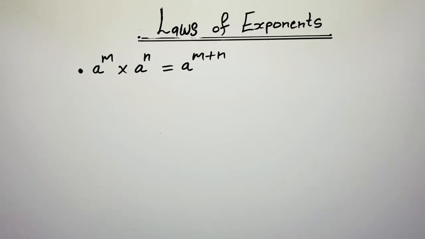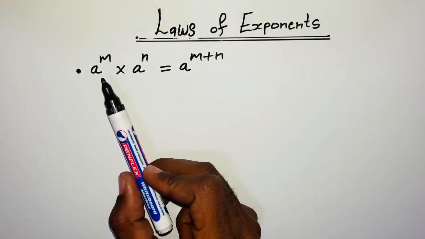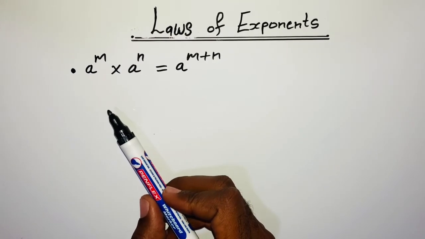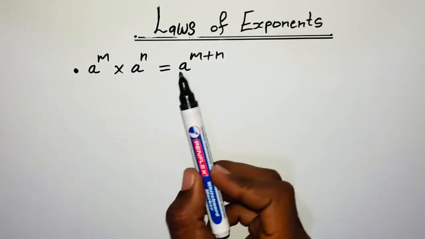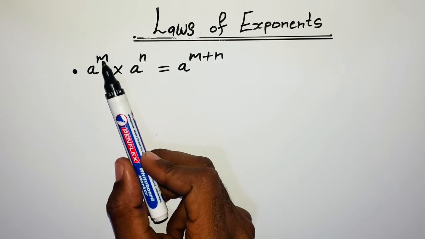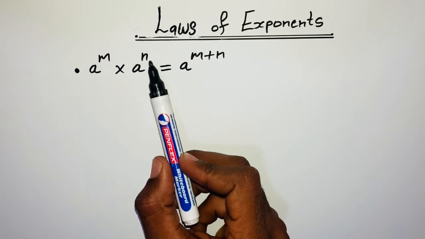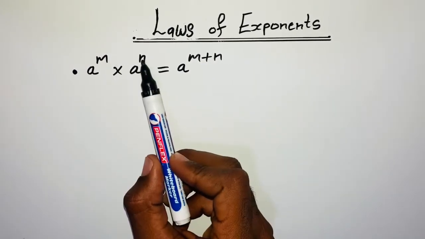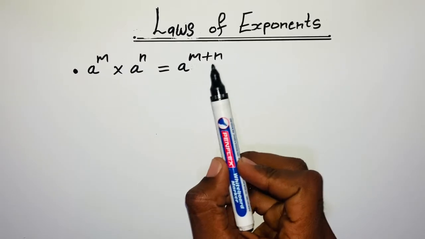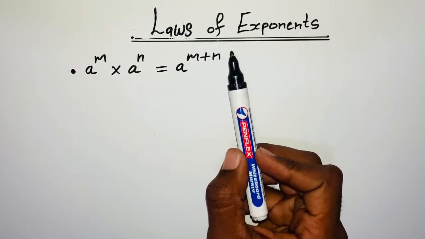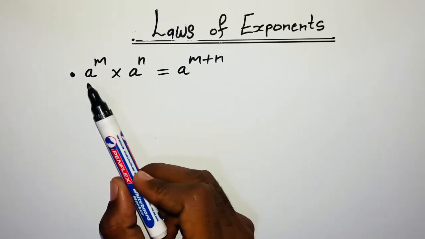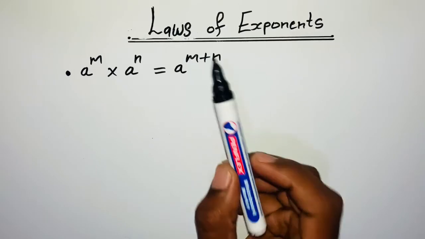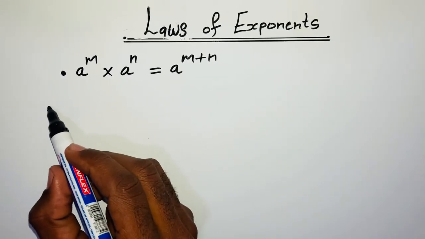For law 1, which states that whenever you're multiplying things of the same base, you'll have to add your exponents. Looking at this demonstration, we have a to the m times a to the n being equal to a, then the exponents are being added, which is m plus n. So the law is simple. Whenever we are multiplying things of the same base, you'll take one base, then you add the exponents. For example,